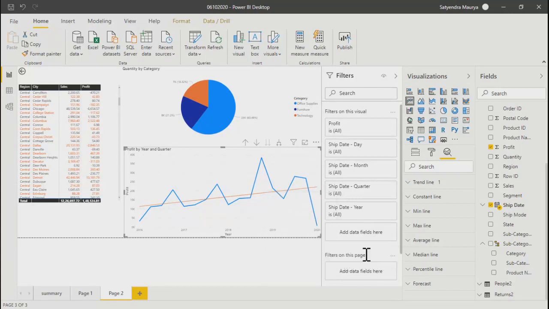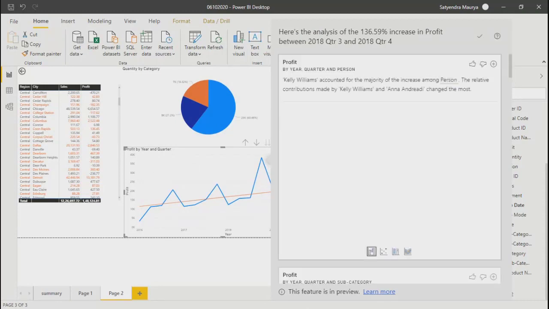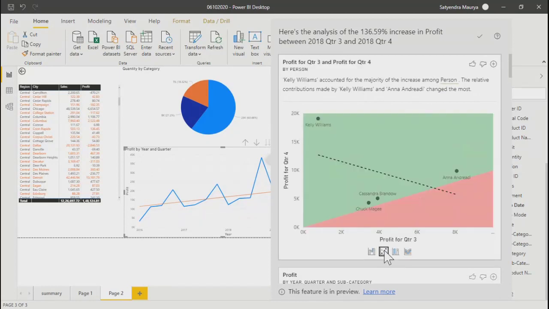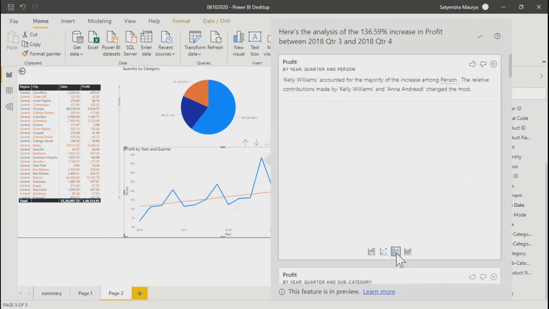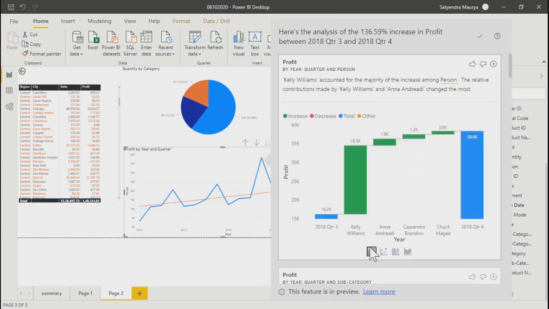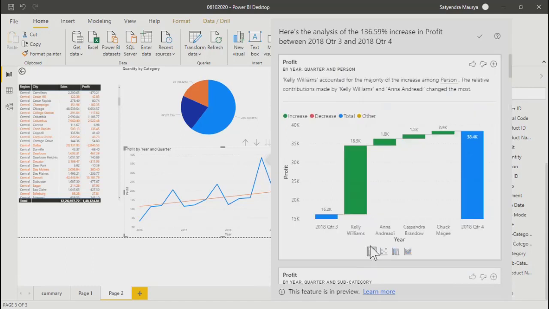Explain the increase. Okay, they have a couple of things created over here, but it doesn't have the equation of the line.